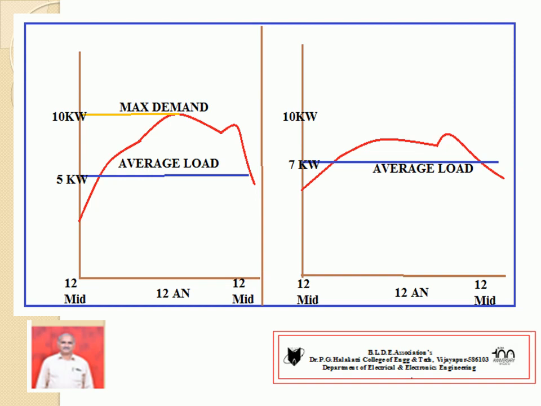Improved load factor is the happiest situation in power generation. Hence, it is not possible to shut down the power plant. Electrical equipment should not operate above full load conditions. This occurs a number of times when maximum demand occurs. At that time, all equipment operate above the rated condition. The power may shut down. Hence, it will affect the performance of electrical machines. It should not happen. Hence, the maximum demand must be reduced.